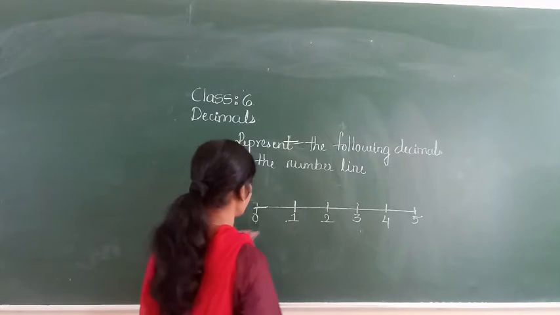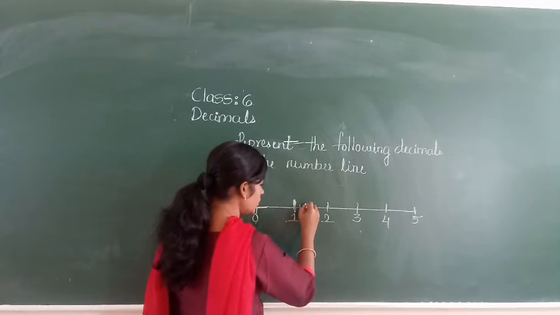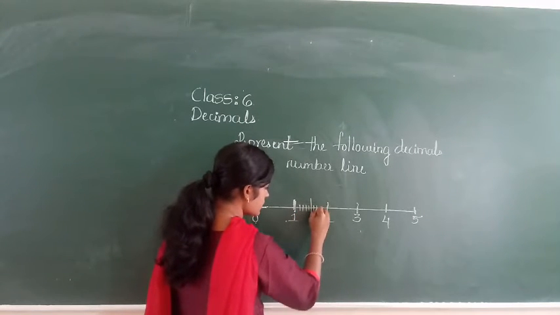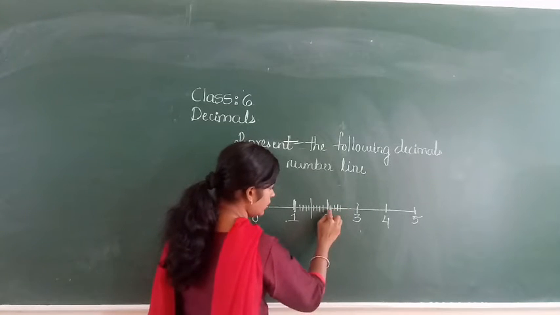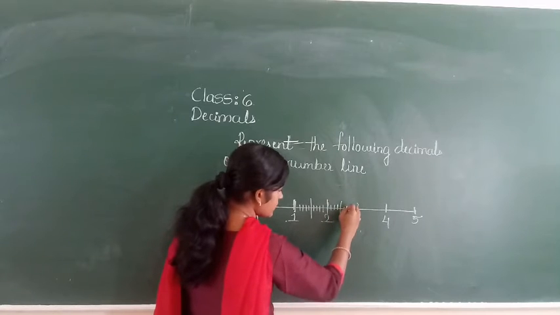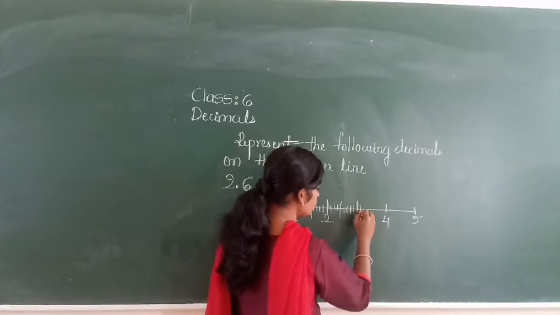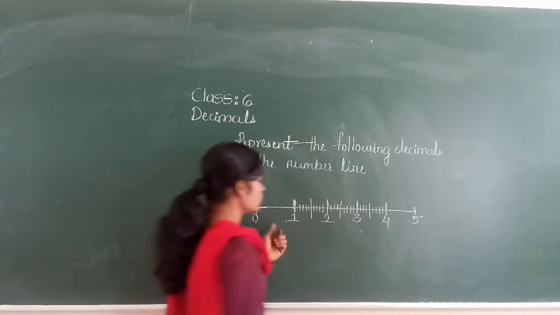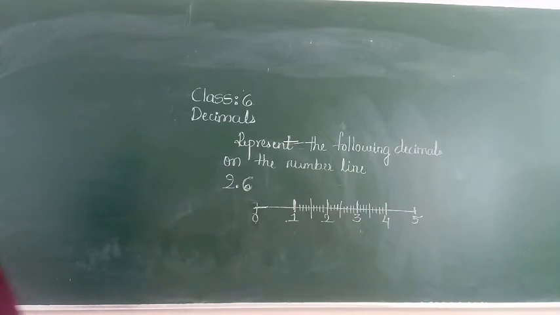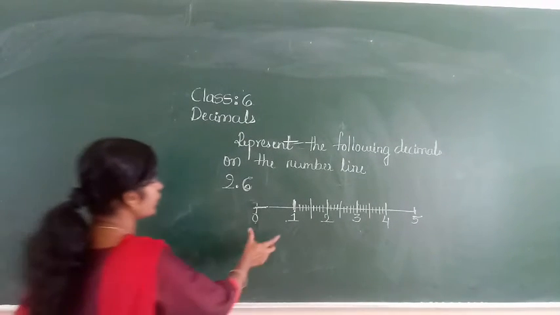So here you have to take, see here, from here to here how many lines are there? 10. Then take here 1, 2, 3, 4, 5, 6, 7, 8, 9, 10. Again 1, 2, 3, 4, 5, 6, 7, 8, 9, 10. After that again lines will come 1, 2, 3, 4, 5, 6, 7, 8, 9, 10. So this type of marks is there in your scale. When you see the scale you have this kind of marks. Yes, see here, from here to here also 10 lines are there.